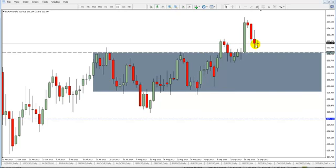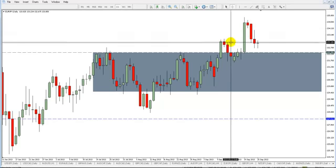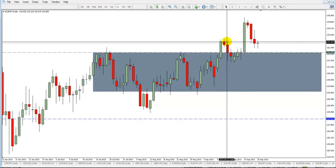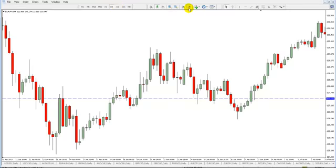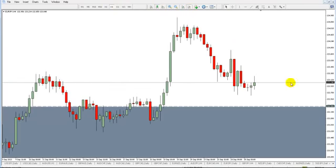Okay, so now the problem again with this one, similar to the Swiss yen, is it's got a couple of spots where it could get hung up. It could actually first touch right here, but so far it doesn't look like it wants to. It looks like it does want to go slightly lower. And so the way to trade this one is to wait for the market to get down here to 132.35, and then I can go in blind and just take a trade there and put my stop loss down here. I would probably go 60 pips on the Euro Yen because it's a little bit more volatile. And so my stop's going to be down here at 131.74, and then I've got a nice target up here at 132.21,